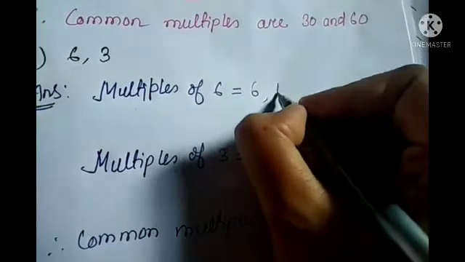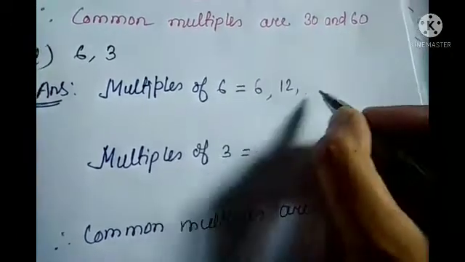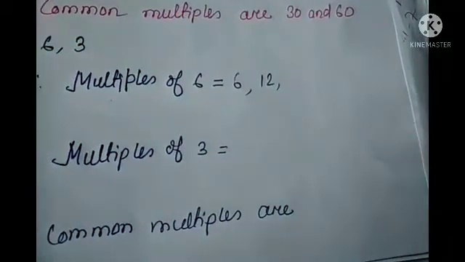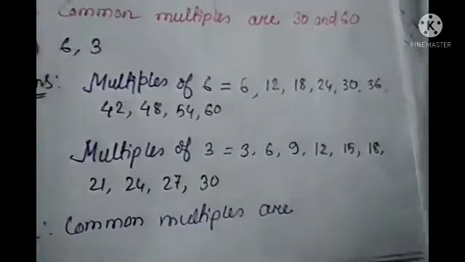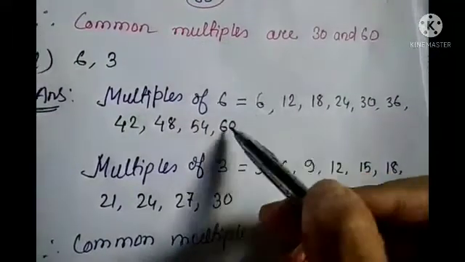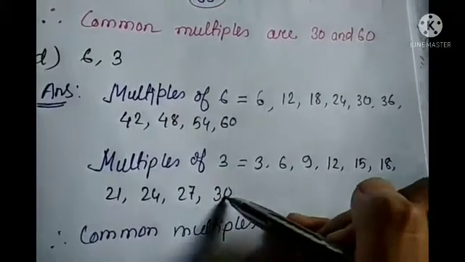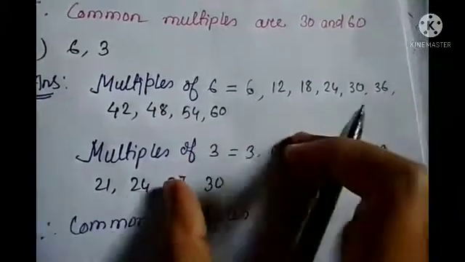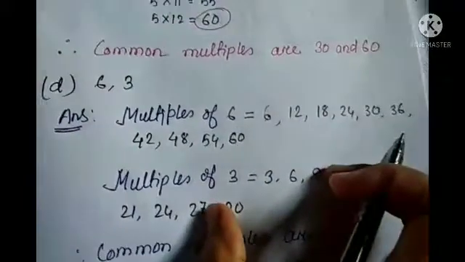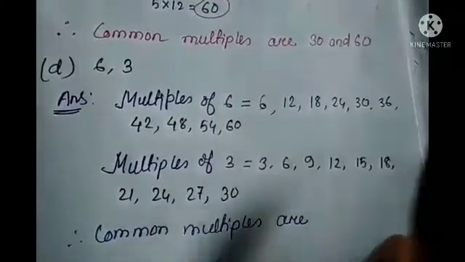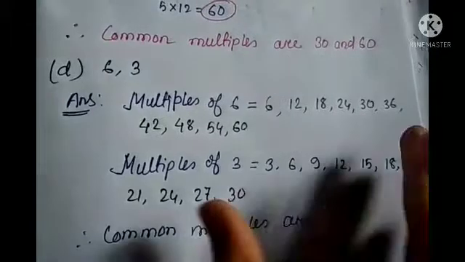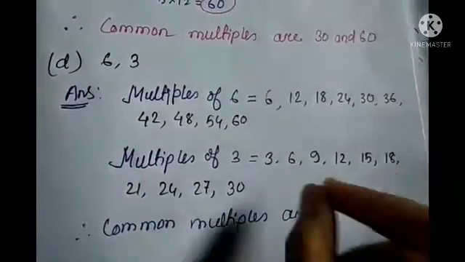6 1 ja 6, 6 2 ja 12. Like this way you have to continue, up to 10 you have to write. So students, you can see I have written from 6 1 ja 6 to 6 10 ja. Okay, here also 3 1 ja 3 to 3 10 ja. So up to this much sure you all know about it. Those who don't know the multiplication table, you just go through it, students, because it is very very important.